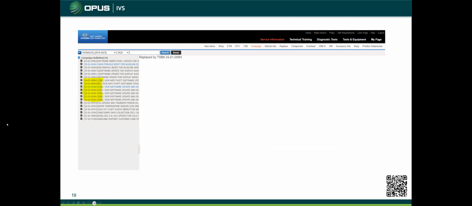On campaigns, which is going to be your recalls, they are grouped kind of similarly. But if you go into campaign bulletins, this is going to pull up all of your campaigns for a Hyundai Kona 2022 model year. This is another good example of making sure that you're looking at the latest version of a campaign. This campaign looks like it's been superseded 1, 2, 3, 4, 5, 6, 7, 8 times, it looks like. And if you click on the wrong one, it will tell you, hey, this has been replaced by